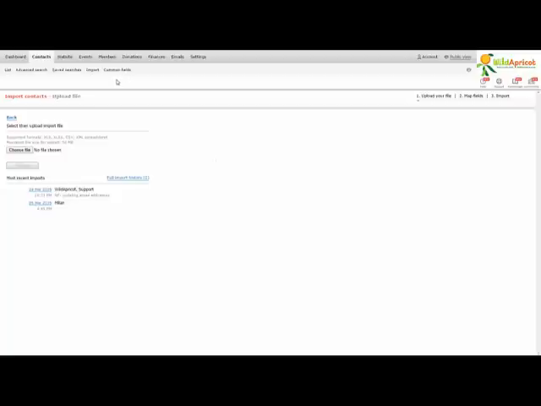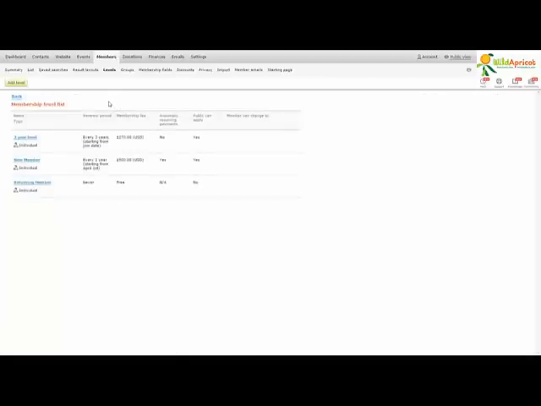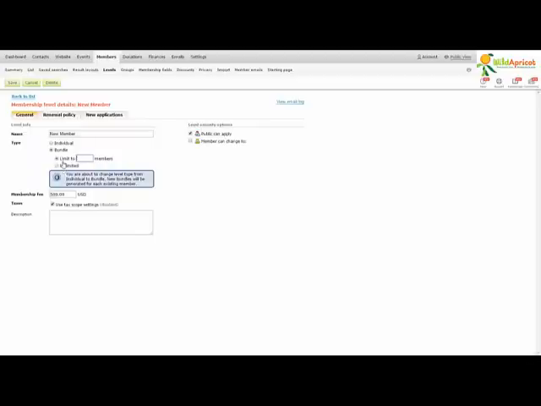After that, you're probably going to be wanting to customize your membership levels. So again, under the members level, or tab rather, we see the levels option here, and that shows the membership levels that I've already created. So if I wanted to customize one of them, maybe we go to the new member option, and we can see here that I can change the name of it, whether it's for individuals or a bundle. If it's maybe for a family or a corporate membership, this is what you'll be wanting to look at, where you can even limit how many people it includes. Or we could change the price of it